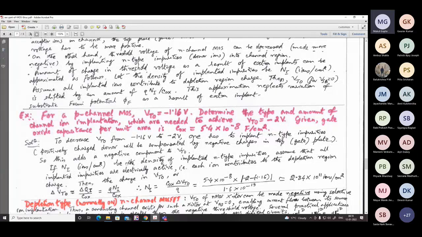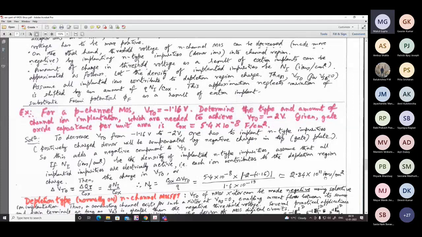Let Ni be the density of implanted N-type impurities. Assume that all implanted impurities are electrically active. That is, each ion contributes to the depletion region charge. Then the change in VT0 equals this, or Ni equals Cox into delta VT0 by Q, that is 5.4 into 10 to the minus 8. So it is required that 2.84 into 10 to the power 11 ions per centimeter square is the required concentration